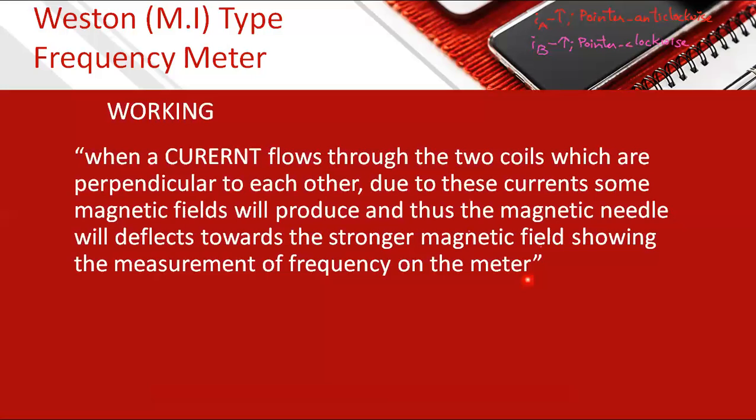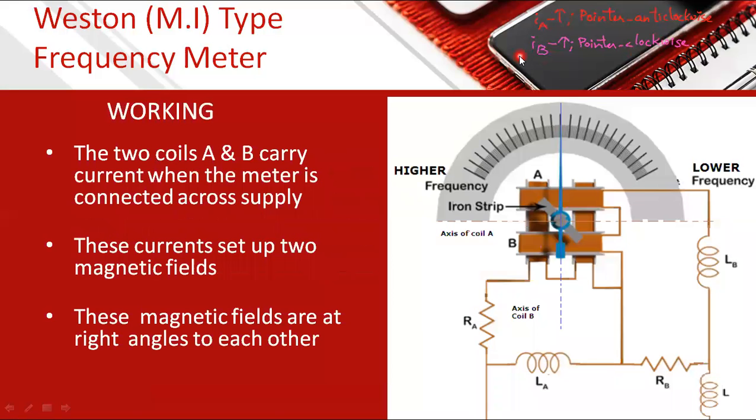So that means we have two currents, but when we have only IA, pointer is moving in anti-clockwise. If we have only IB, pointer was moving in clockwise. But if you have both, we have two opposite forces acting on the pointer, and the resultant would be the stronger field side, and hence no control torque is required there. So we don't have any control mechanism here.